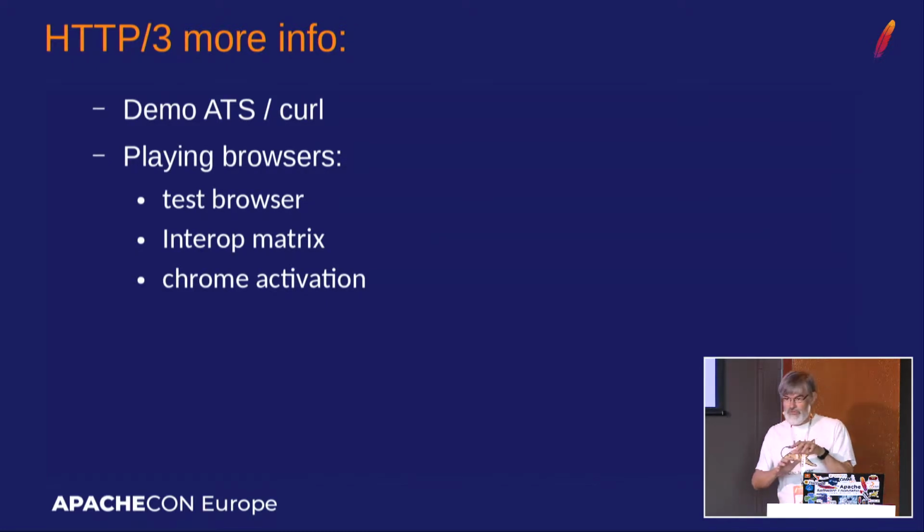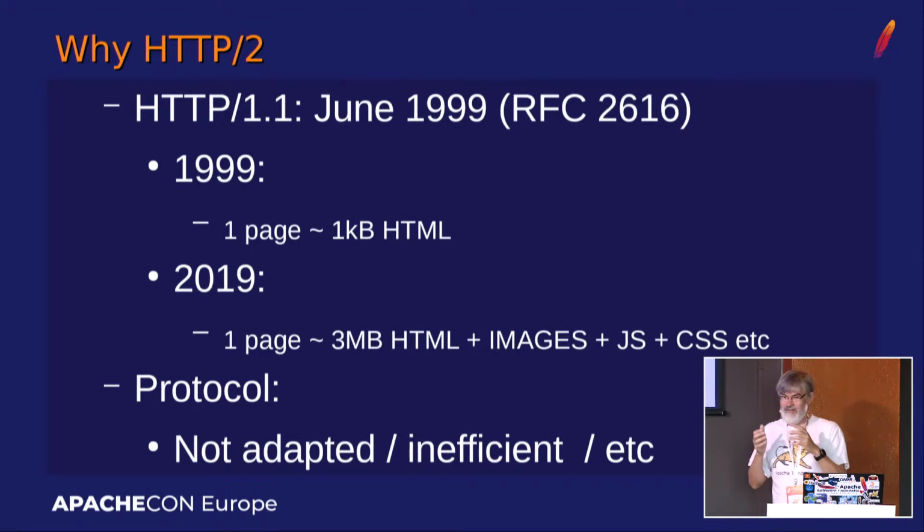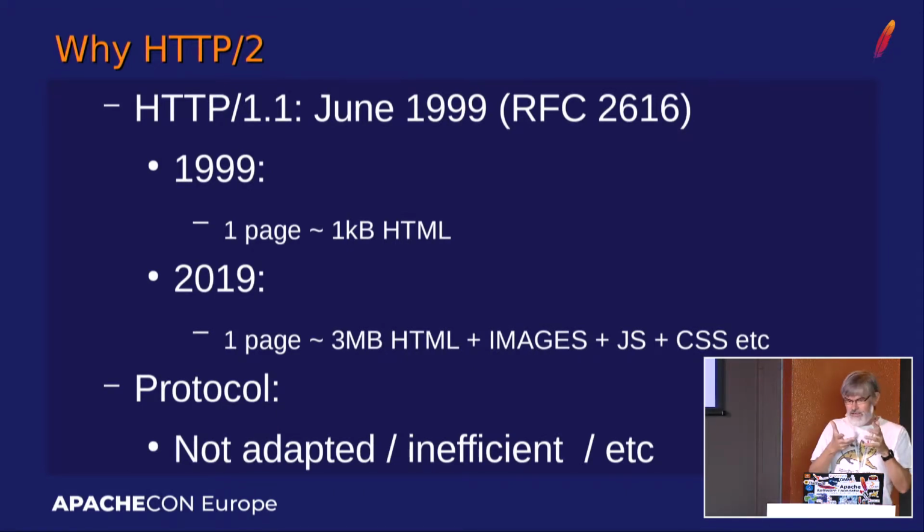So I will jump a bit over these things and come back while I am doing the demo, because I already did that presentation and I know I'm going to run out of time otherwise. So I'm going to re-explain a bit, insisting on the message somehow. This is the slide I was using when I was presenting the H2 protocol, and this is valid also for H3. Basically, HTTP 1.1 is quite old.